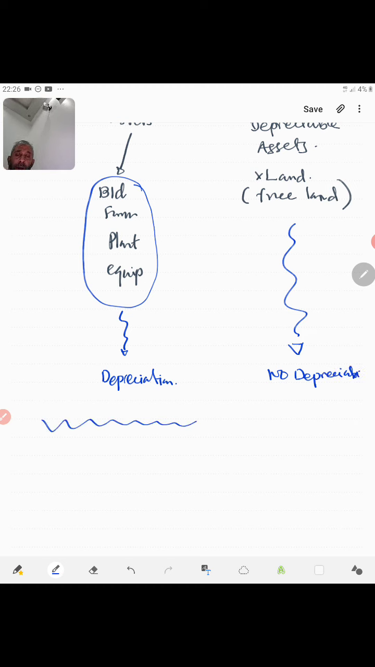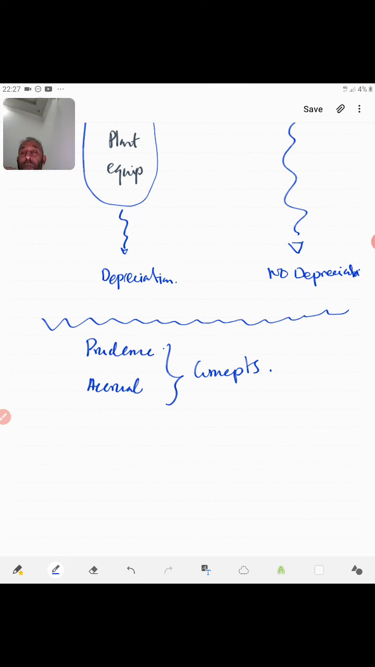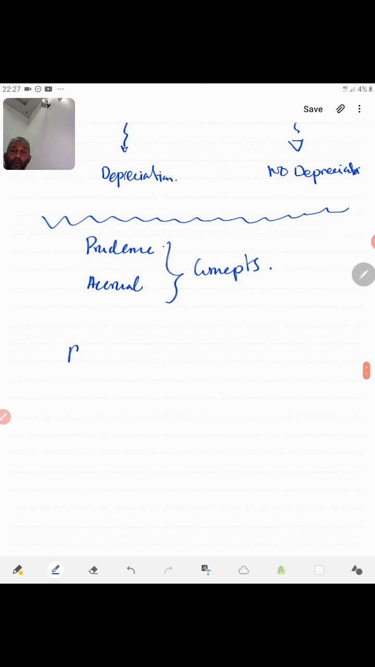However, when we are following our accounting practice, we also need to adapt to different accounting concepts. A few of the accounting concepts are prudence, then accrual. These two concepts, and there are others as well, we have to adapt to. In adapting this, we will decide when or if required for us to carry out any revaluation. A revaluation